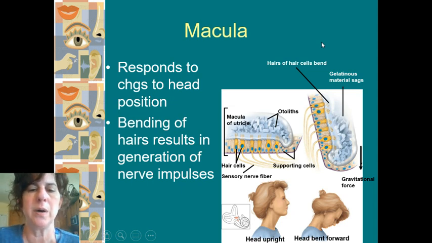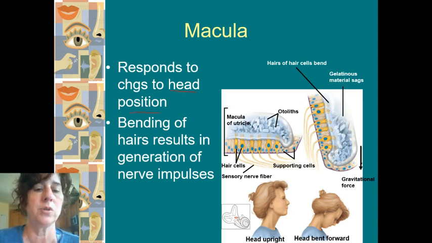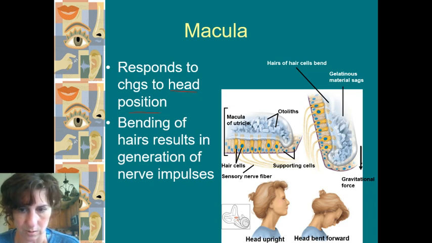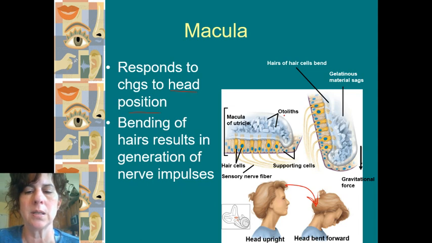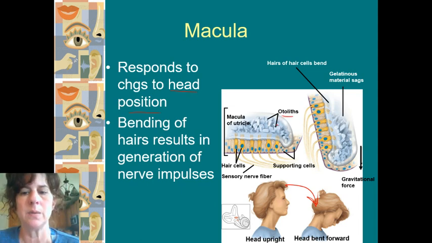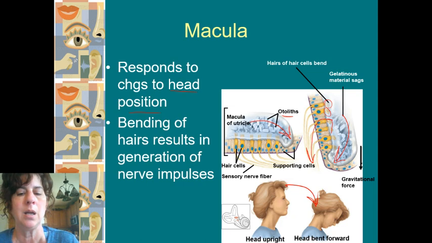So the macula responds to the change in your head position. So I'm sitting still, but I change my head position, like this woman here. It goes down. What's happening is you have these things like little otoliths right here. And when your head dips down or dips up again, you're going to have movement of these. So these move and shift position. And when they do, they stimulate these little hair cells and make those shift positions. That stimulates them, they send information down the nerves, and that gives your brain an idea of what my head is doing or where my head is located.